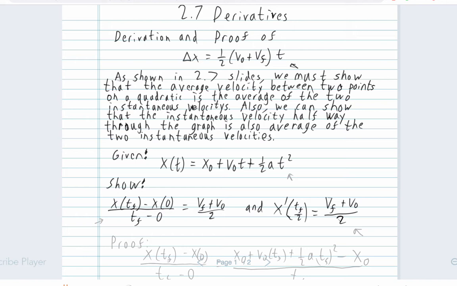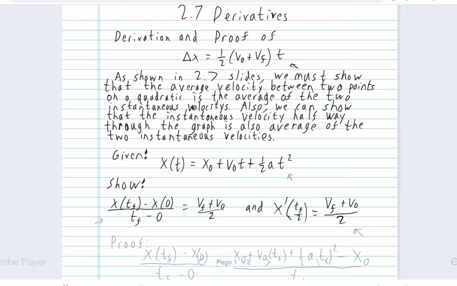And so what we want to do, as we talked about in class, is show that the average velocity between 2 points on a quadratic is also the average of the two instantaneous velocities for those 2 points. Okay, and we can also show that the instantaneous velocity halfway through the graph is also the average of the two instantaneous velocities. Now, to fully complete the proof, we'll have to do some integration later on in the year,